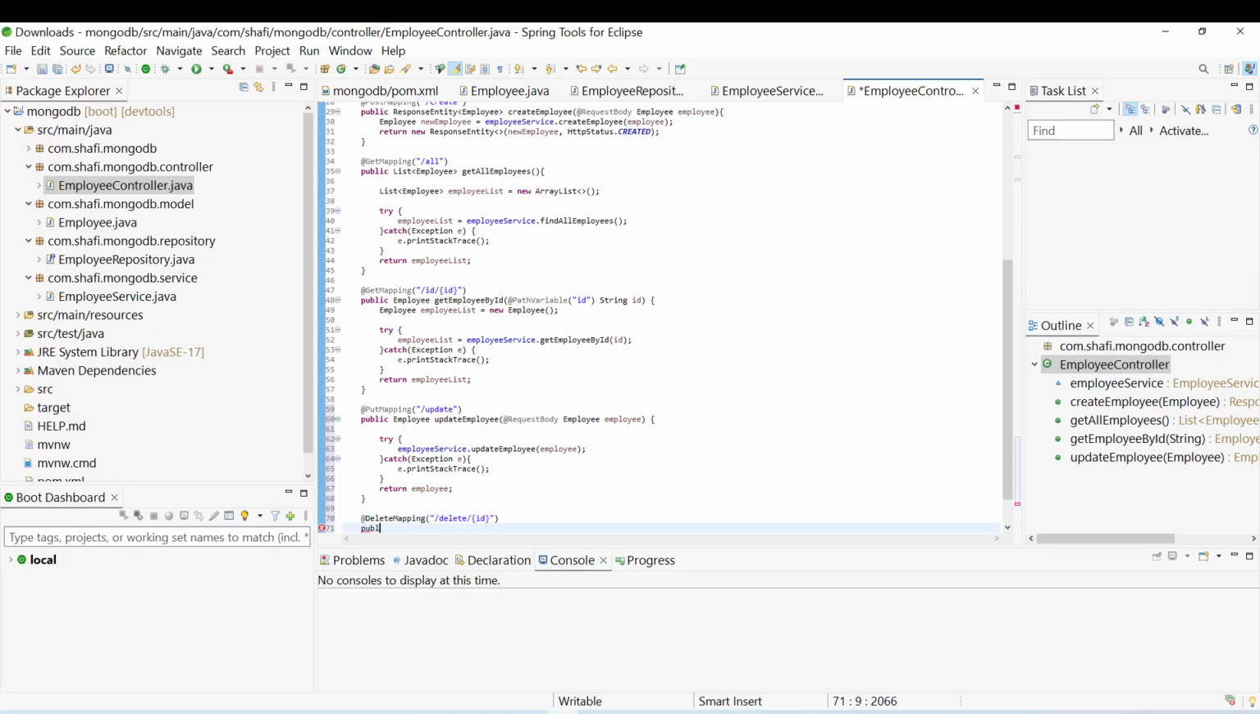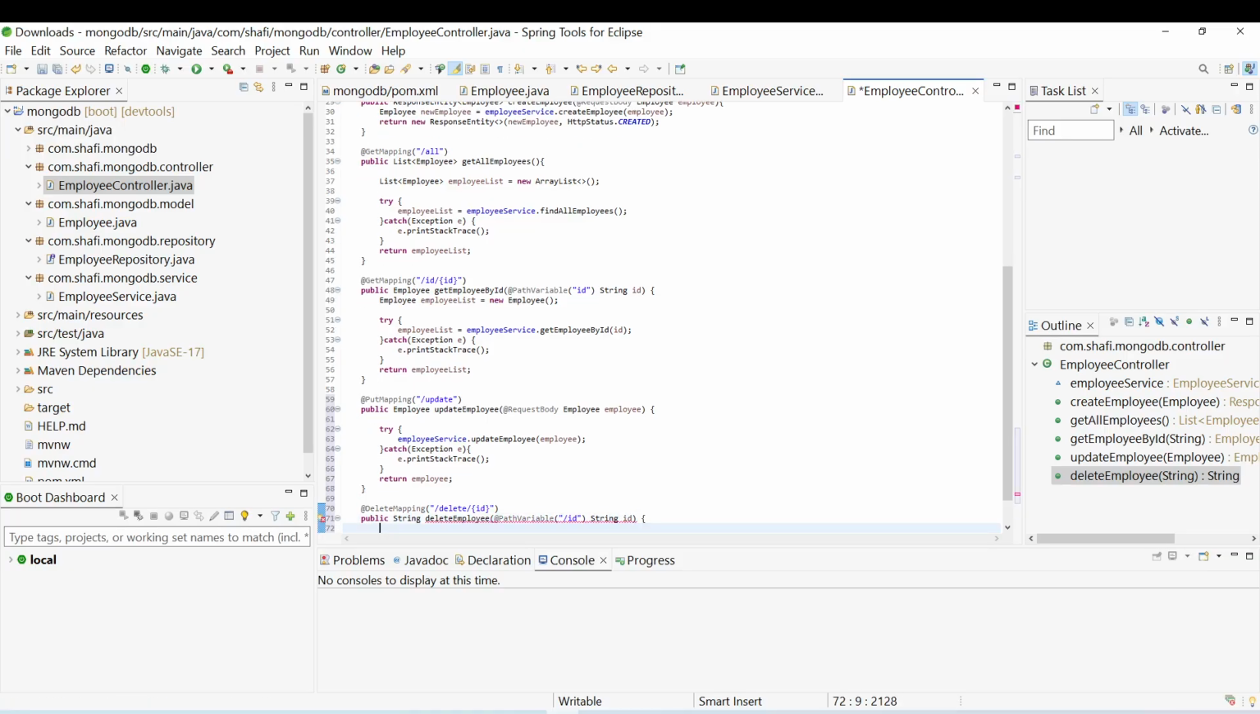So public, the return type is string, and we will pass a string message to the user after deleting this. deleteEmployee will be the method name, and it's going to take a path variable as an input parameter: open close bracket, open close quotation marks, forward slash id will be the path variable for user input, and then it's going to be String id, the input value,